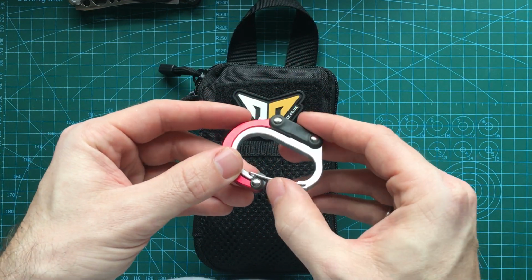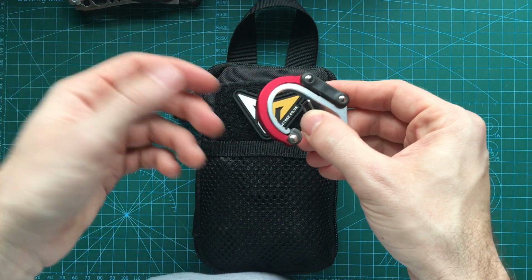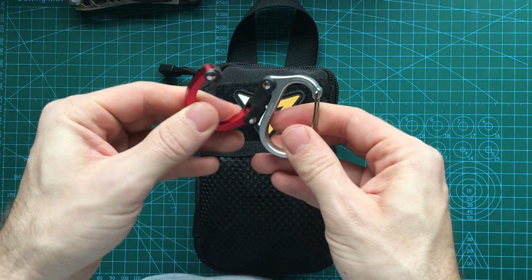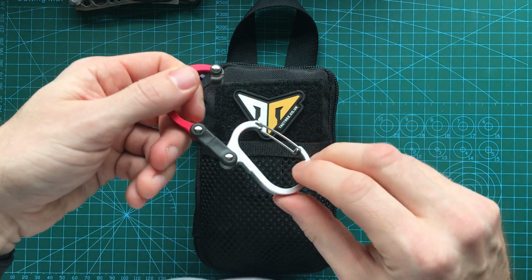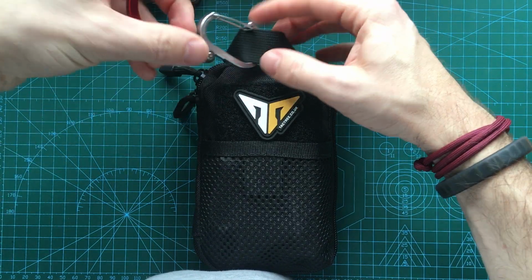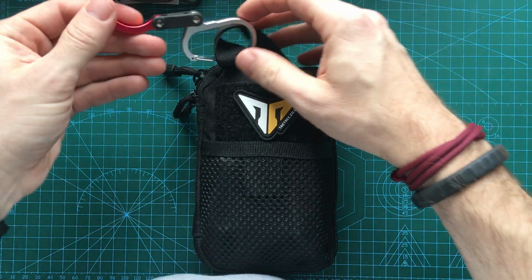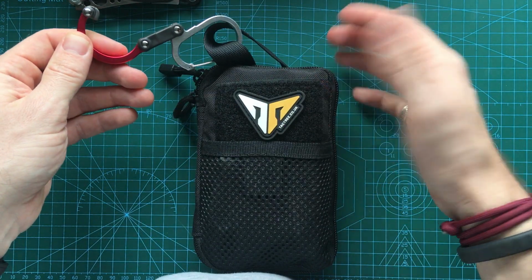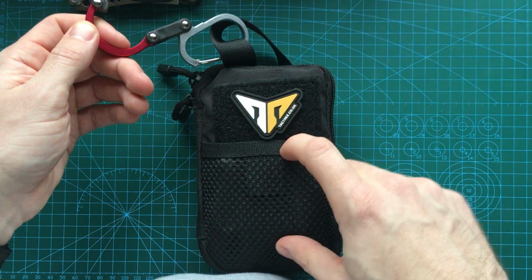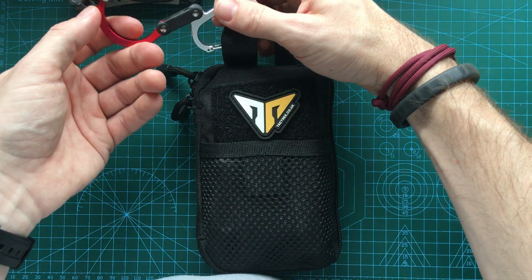Essentially what you have is a standard carabiner here for if you want to attach this to a backpack or anything like that. But the main feature, it kind of goes like this, so you can attach it to here. And then if you want to suspend this, you can turn it around that way if you don't want that in the way. You can hang this from a ladder, or you know, if you're up high working, not that you would probably, because you'd want to open this without the contents falling out, but you know,